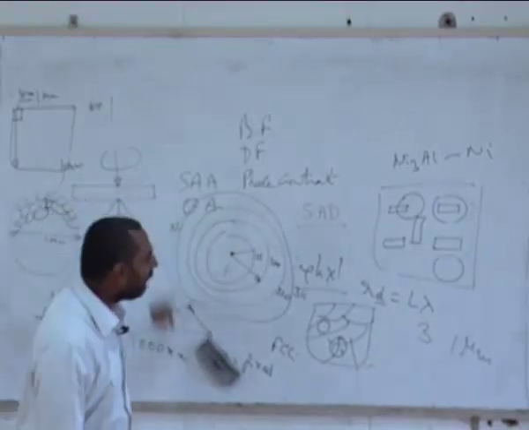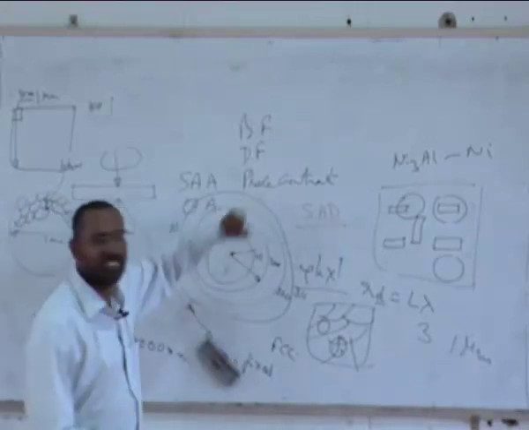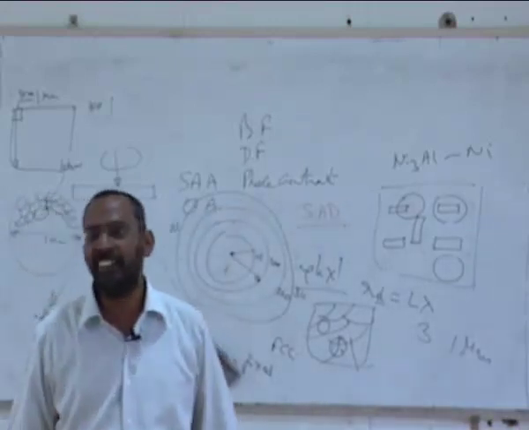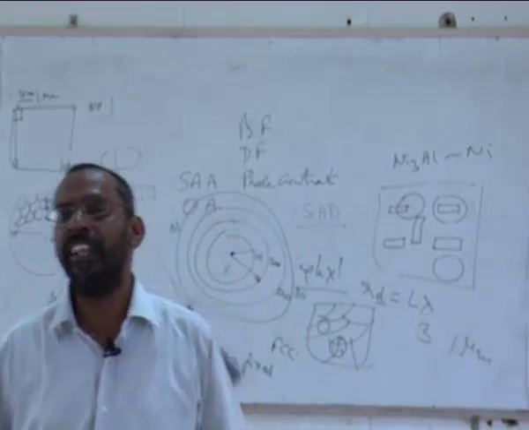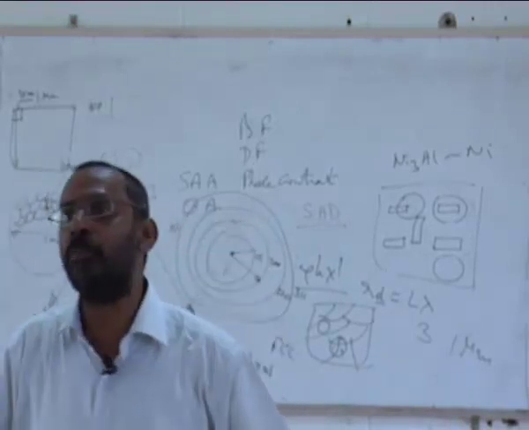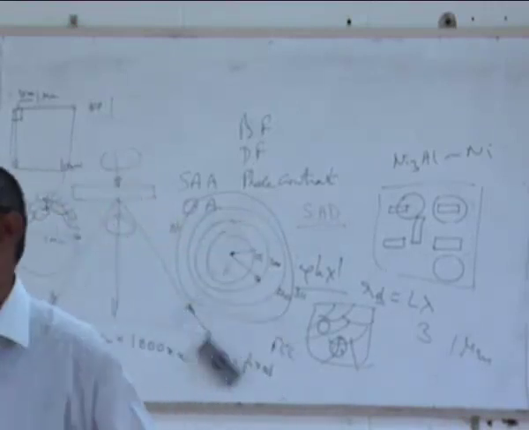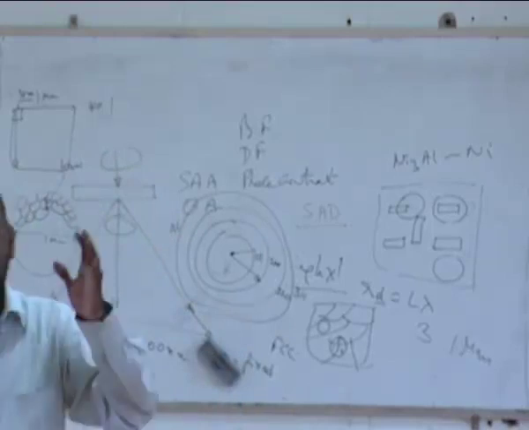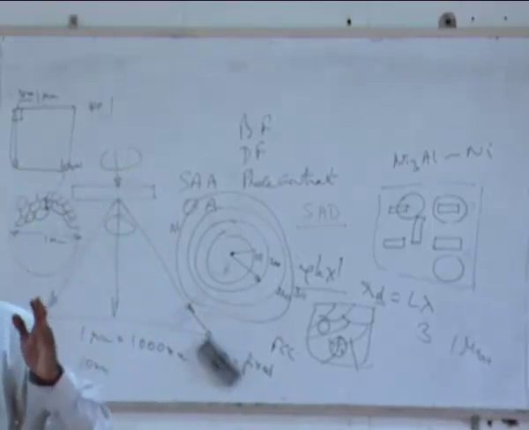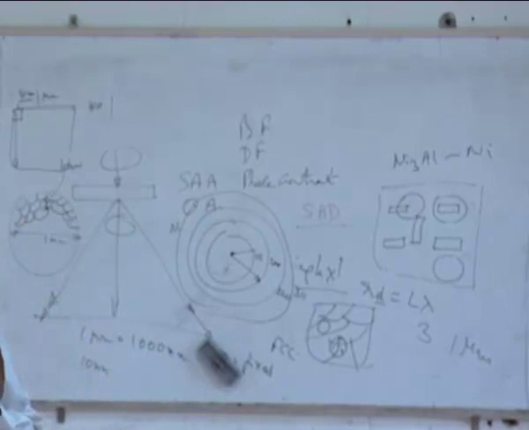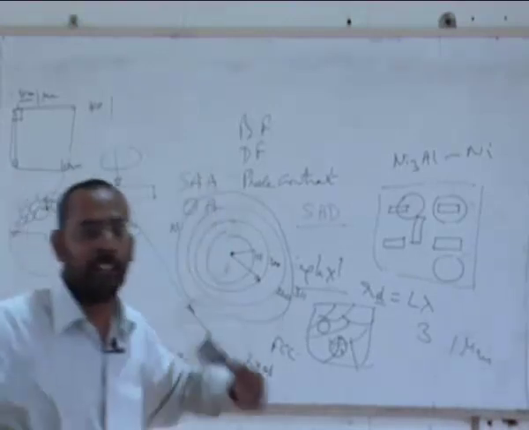So I will simply get these rings, and by measuring these R's, I can find out what the D's are. And from measuring the D's, I can find out the lattice parameter of my nanoparticles. So from a single crystal diffraction pattern which has a clear Rangoli kind of pattern, I am now going into circular patterns.